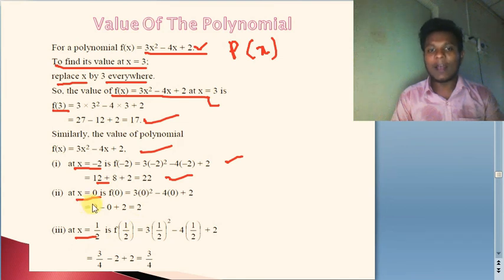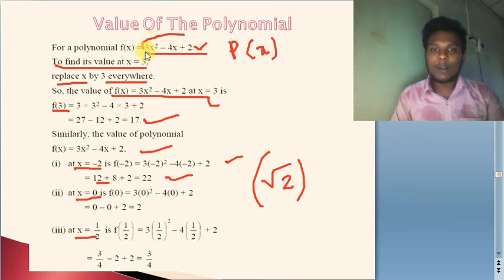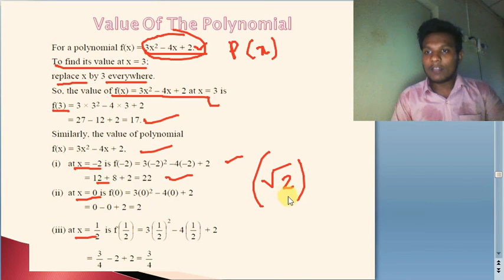So you will be asked to find the value at any random value. Suppose you want to find the value at x is equal to root 2. It can have any value for that; you can assign. Since it is a polynomial, first of all, is it a polynomial or not? Here the powers are all whole numbers, right? So this is going to be a polynomial. That is why we can find the value of the given polynomial depending upon the values given to us.